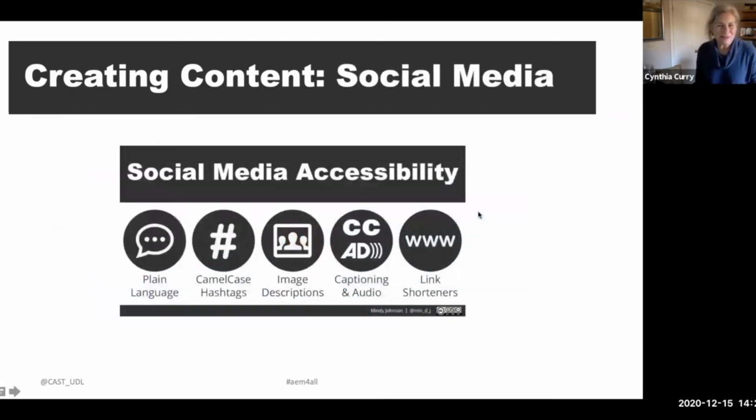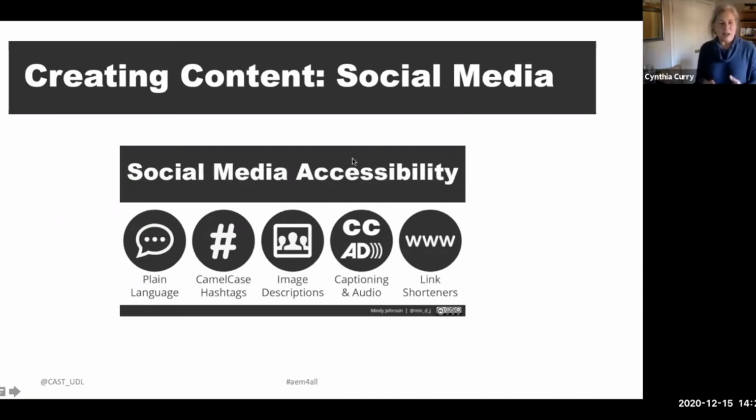Finally, we have some examples around social media. And we know increasingly faculty are using social media as a way to communicate with students. And there's ways that you can make that accessible. So Twitter, Facebook, LinkedIn, Pinterest, they all have, to some extent, some built-in accessibility supports that come through using closed captioning, audio description that can be added to video that's used in those social media platforms, image description.